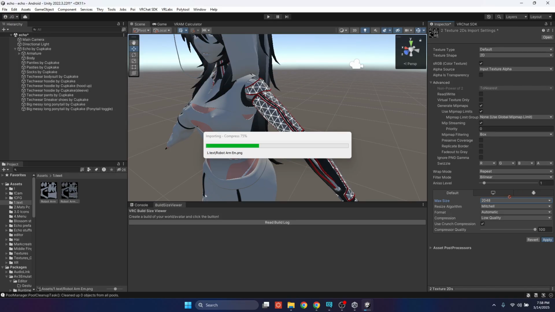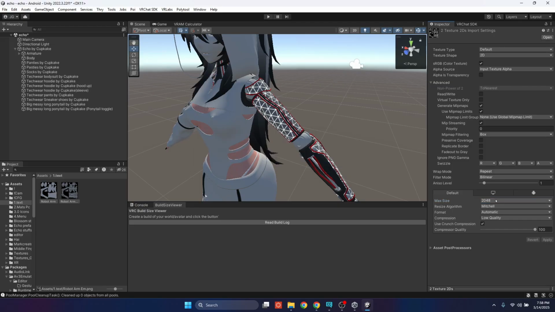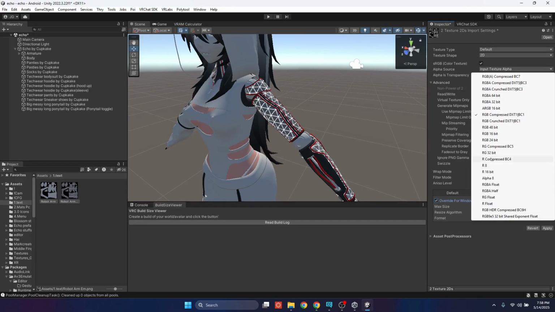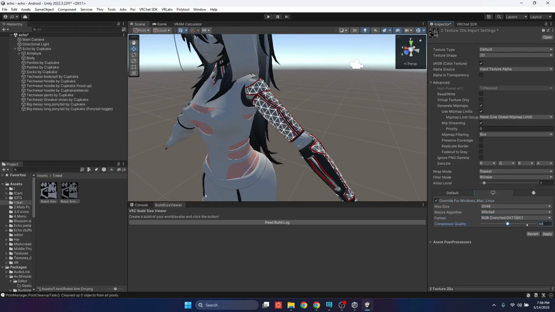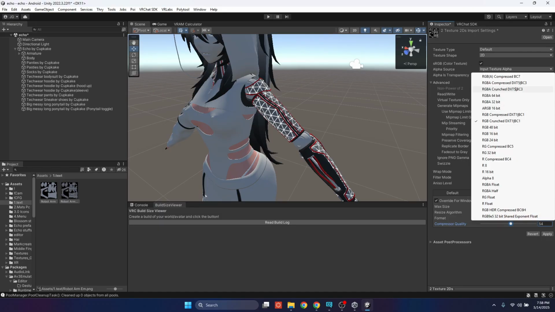Now there's two other buttons right here, a PC and the Android. These will allow you to change what the texture size and all these settings are on PC and Android. Now I'm going to use this for the Android side and this for the PC side, because there's a lot more settings over here. You can do this at 420. Now for this, you could either use RGB compression, but I wouldn't suggest it. I would go with